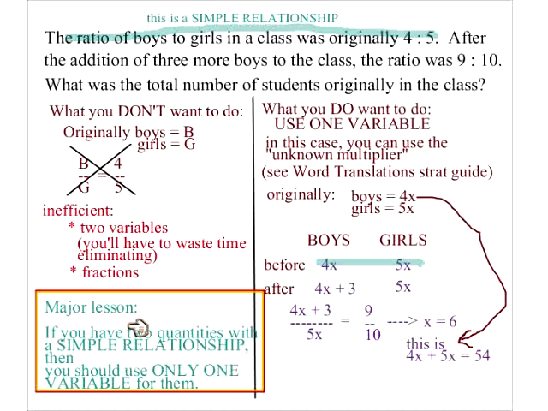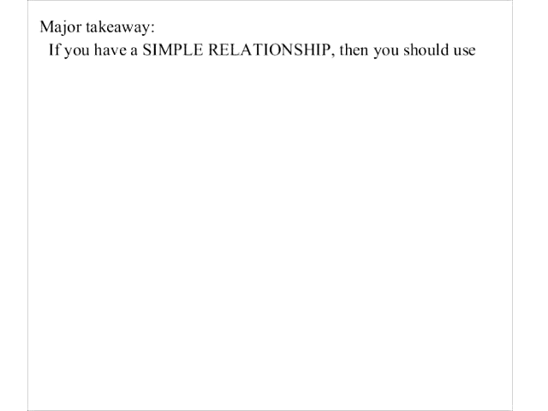So a little bit more on this topic. Remember the major takeaway here, let's reiterate what that is. If you have a simple relationship, then you should use one variable. So here are some examples of this, and I'll have you respond in the text box. If you say something like,